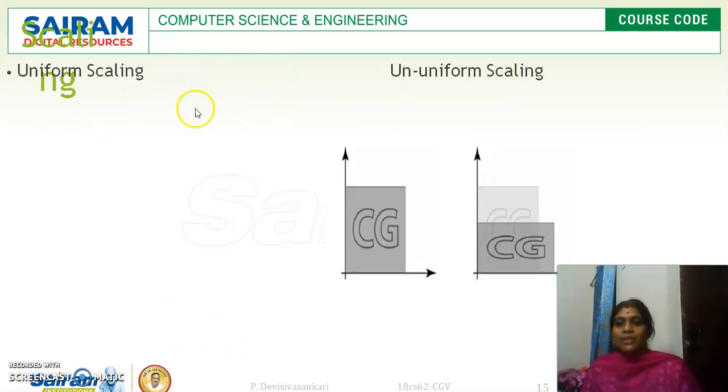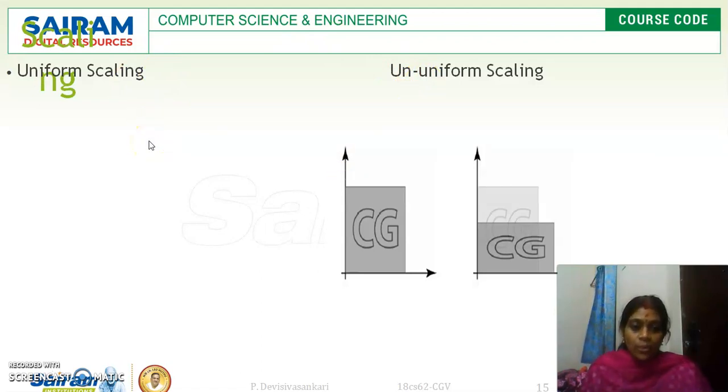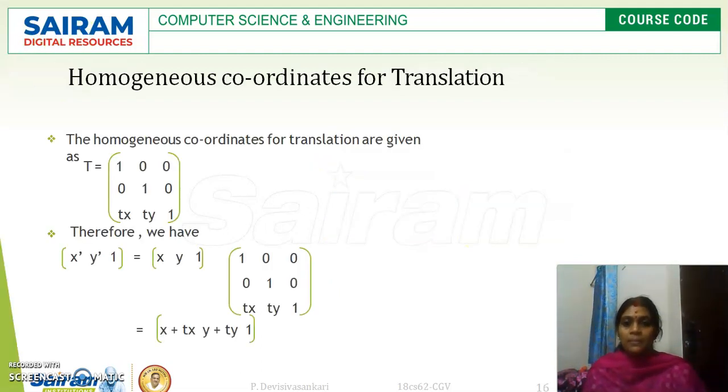See here we are having two different types of scaling. One is uniform scaling and another one is non-uniform scaling. So uniform scaling, as the name itself implies, if you are giving a square, the output will be a square. But in non-uniform scaling, see here a rectangle is there, but after scaling the x value increased in this direction, whereas previously the x value is somewhat less, right? And the y value is more in the previous diagram, before the scaling, and after scaling the y value is shrunk, correct? So this is called as non-uniform scaling.